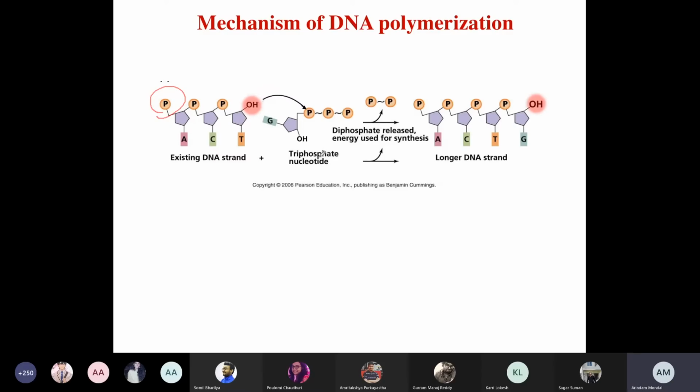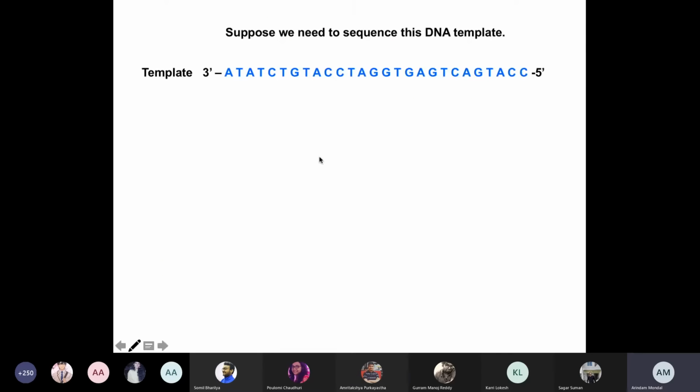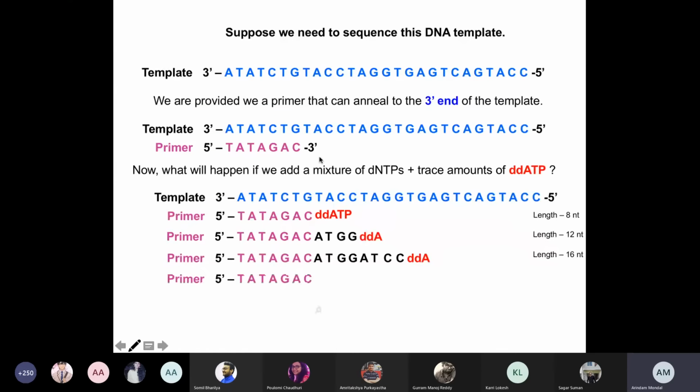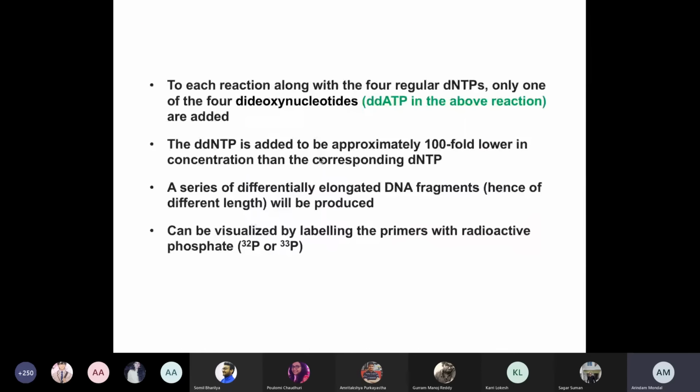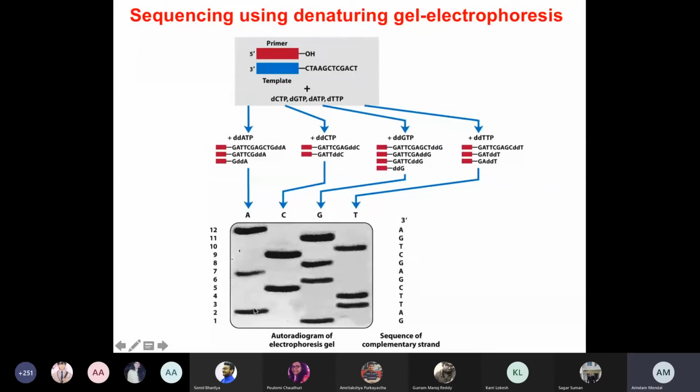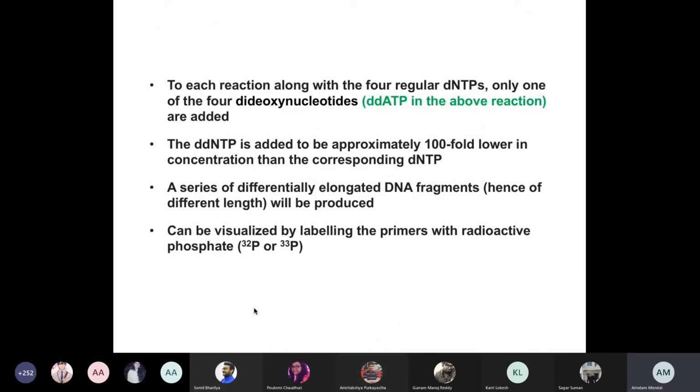Okay, is it clear? Okay, sir, got it. Yeah. So in that case, all of your bands will be radioactive. So in this particular gel, all of the bands are radioactive. You first dry the gel and then expose it on the X-ray film, and you will get the exposure for the radioactive bands. So you will get a complete image of your gel on an X-ray film. That's how people used to get the image of these big sequencing gels. And then you have to manually assign nucleotides corresponding to each of these bands.